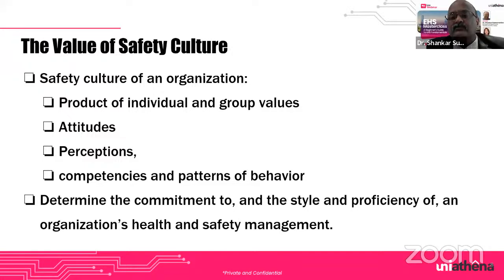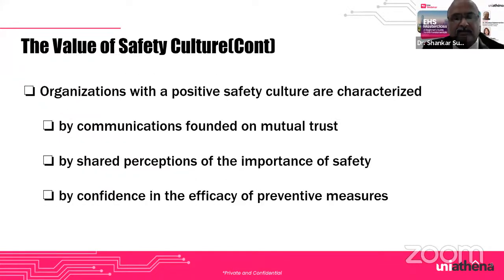As soon as you see something, you report it so that the accident is avoided. These determine the commitment to, and the style and proficiency of, an organization's health and safety management. So this shows individual commitment, organization commitment, management commitment, everyone, and only then can it be avoided. All this is important at every stage. So the value of safety culture, as I said, is that organizations with a positive safety culture are characterized